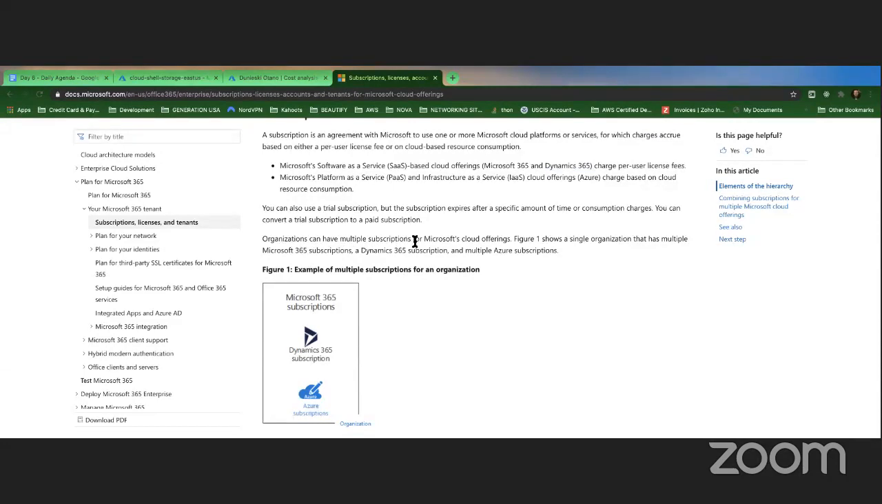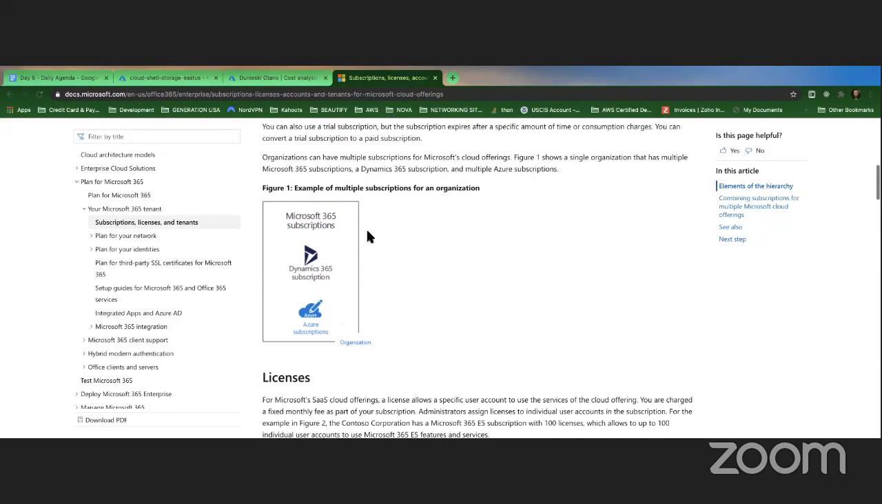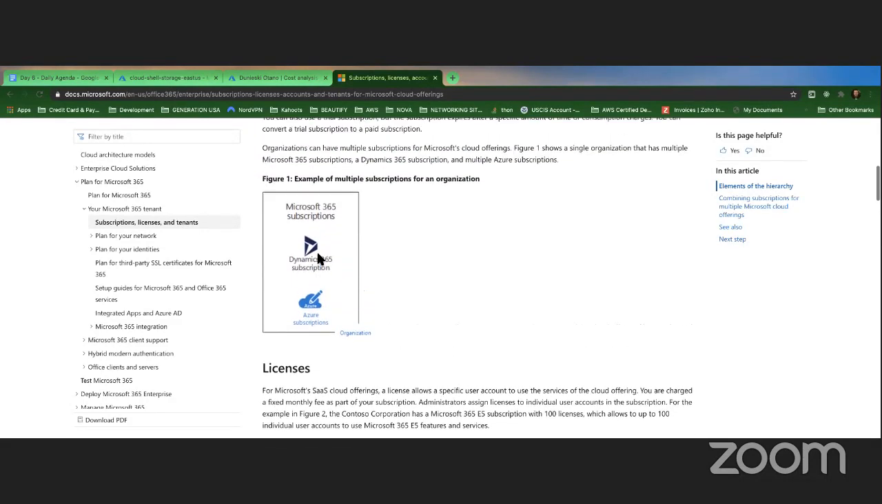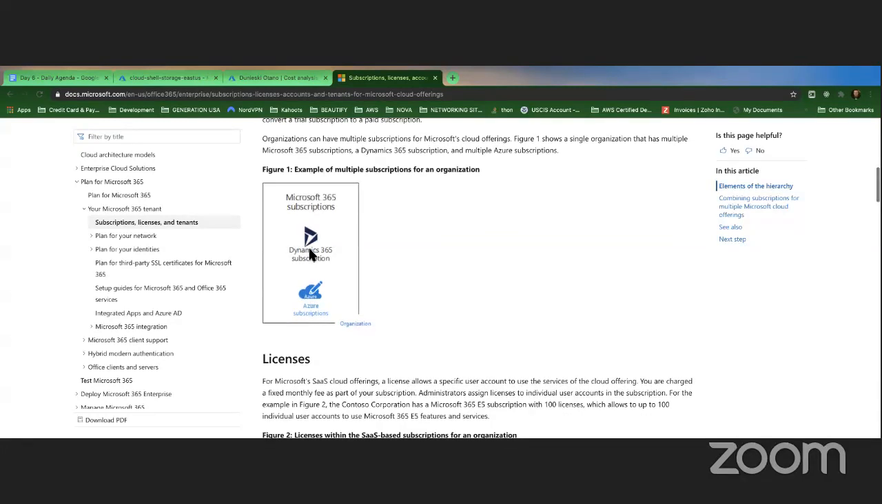Organizations can have multiple subscriptions for Microsoft Cloud offerings. Figure 1 shows a single organization that has multiple subscriptions: a Microsoft 365 subscription, a Dynamics 365 subscription, and multiple Azure subscriptions. Okay. So maybe a subscription for people that use Microsoft 365, another subscription for people that use Dynamics 365. These are subscription type offerings